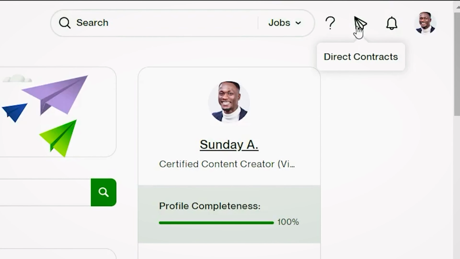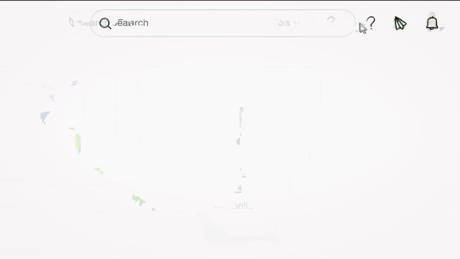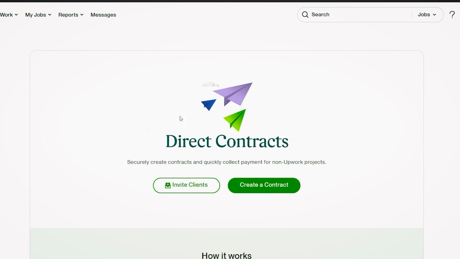So the third option here is a perfect fit for remote workers. You can use Upwork as a platform just for the purpose of receiving your payment. That means that the client is not a client you got from Upwork. Probably you got a client from LinkedIn or through Twitter. There is a video on this channel that explains how you can get freelance clients through LinkedIn. So if you get a client that way and that client is not registered on Upwork, if you have a challenge with receiving your payment from that client, you can use Upwork Direct Contract.